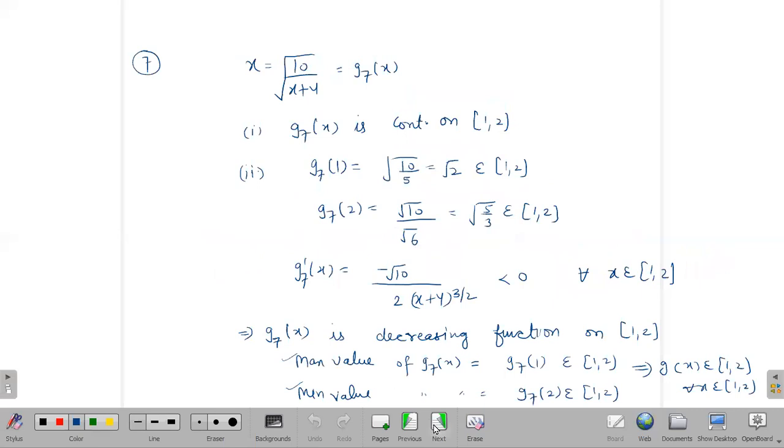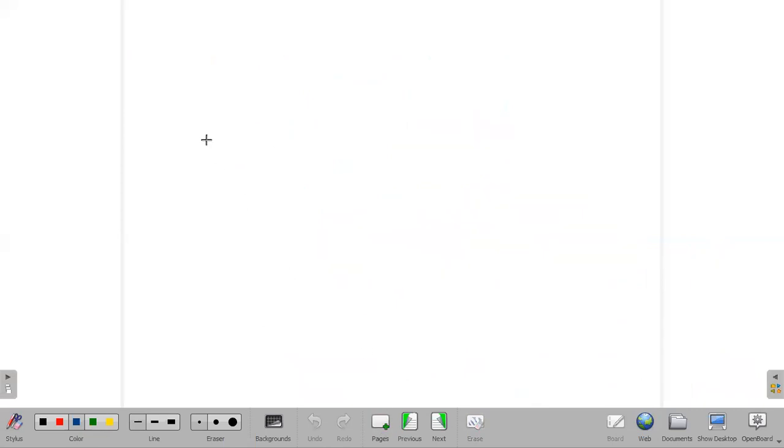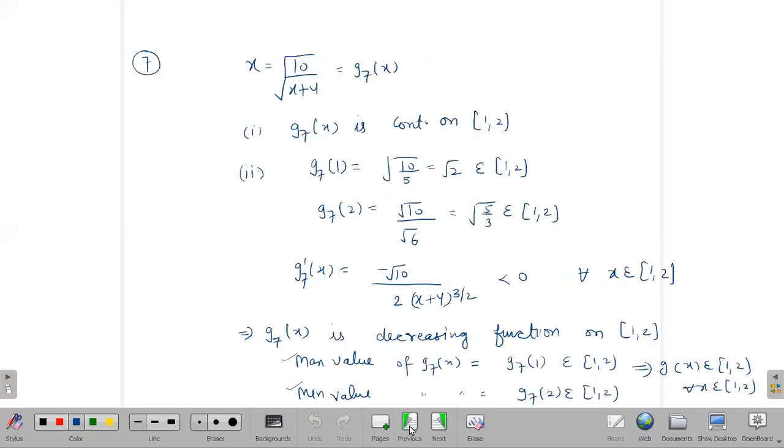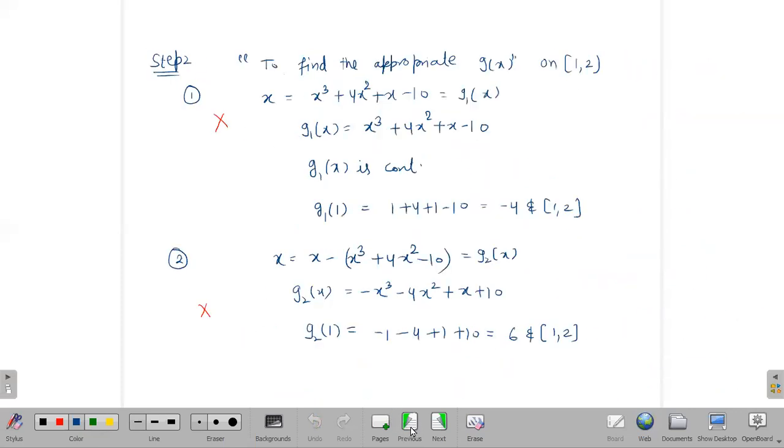Okay. So next is the third step. Ma'am, there was another possibility, like we said, g of x is equal to x plus c times f of x. It is also possible. Why didn't we check for that one? Which one? C. Yes, ma'am. Where c could take any value. Yeah, that also can be possible, but there you have to find the c. Ma'am, how will we find that c?